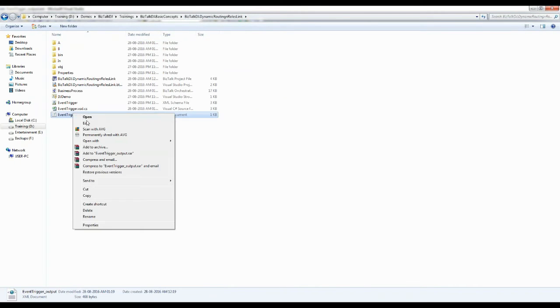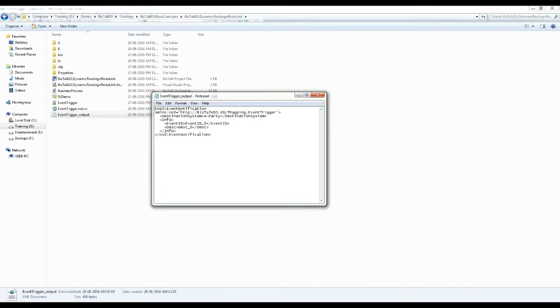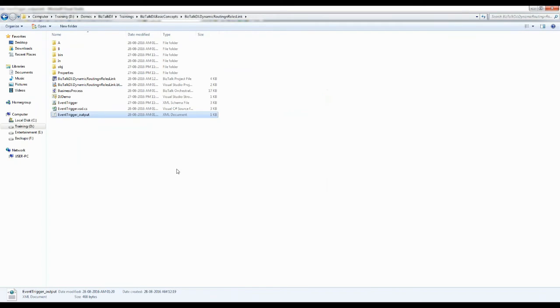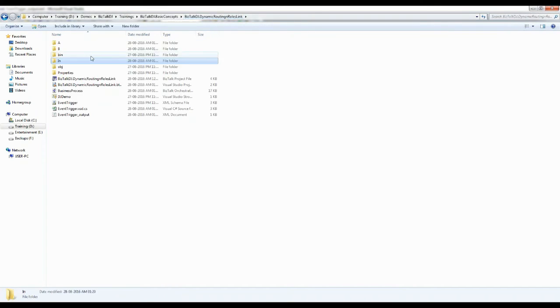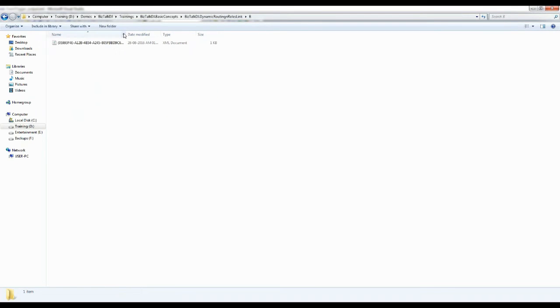Similarly, we will process one more message with destination type as B-party. And message was successfully processed to the B directory.